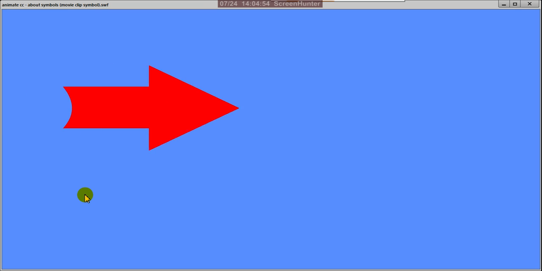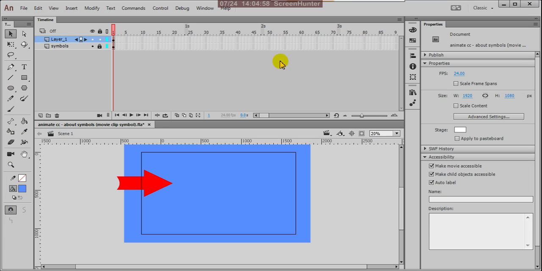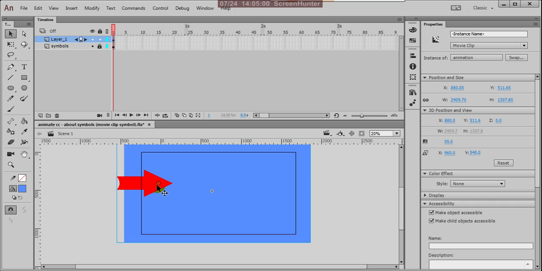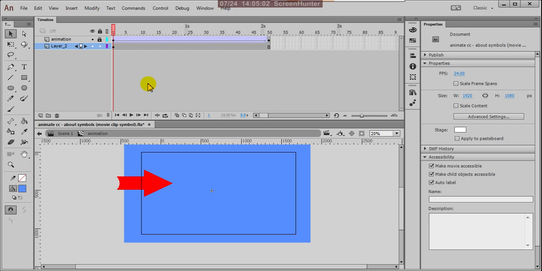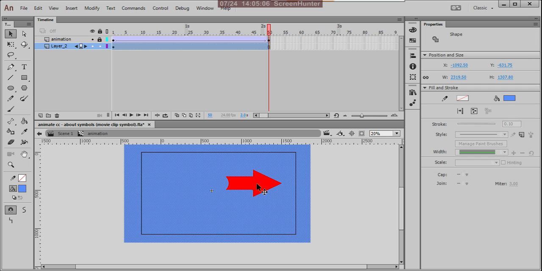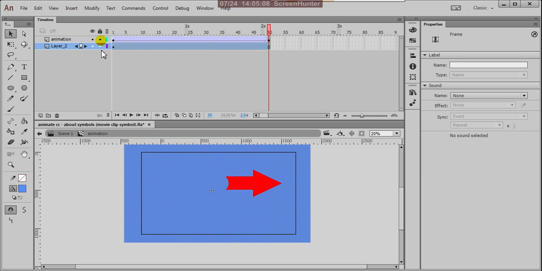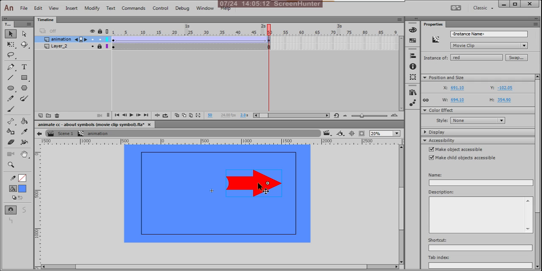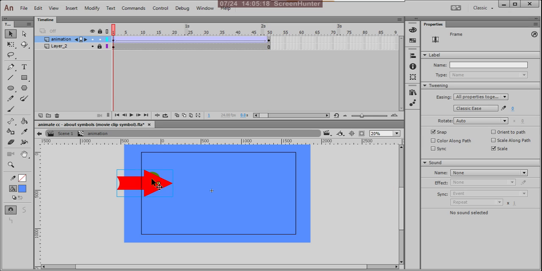See, and suppose your arrow should go outside of the screen. Select this frame and move it out. This is also a still frame, it must go outside.